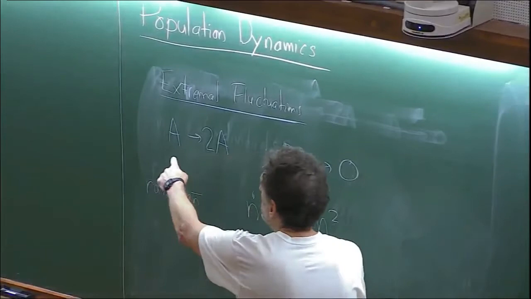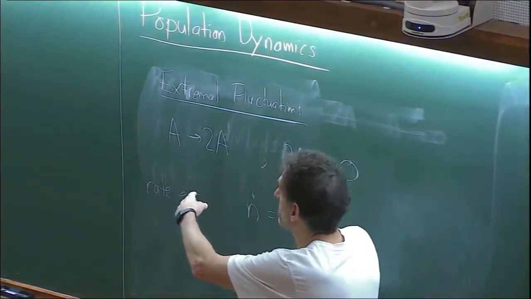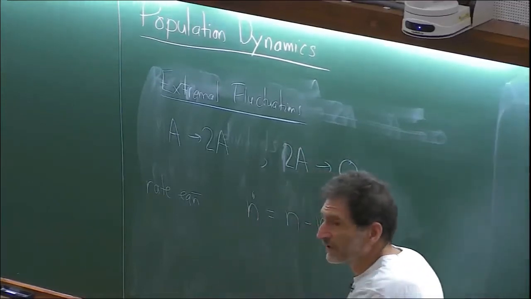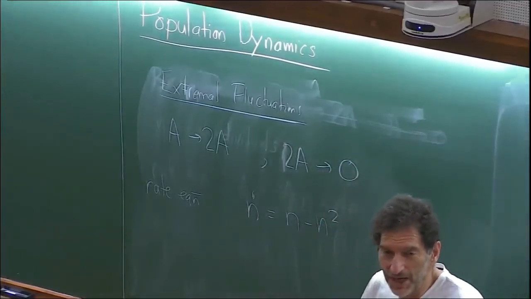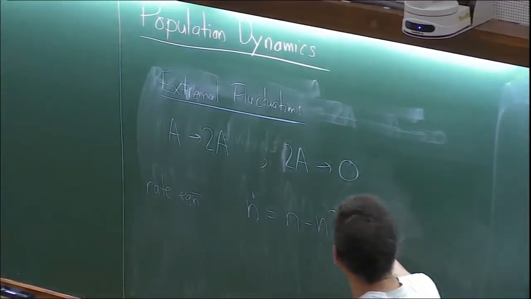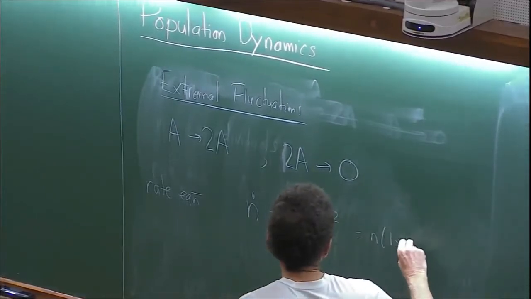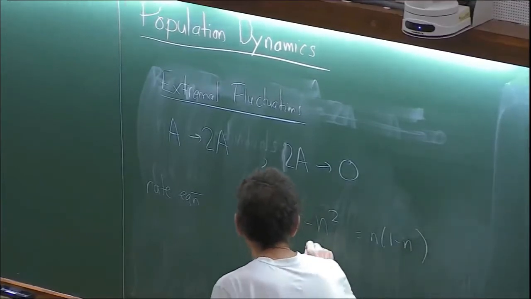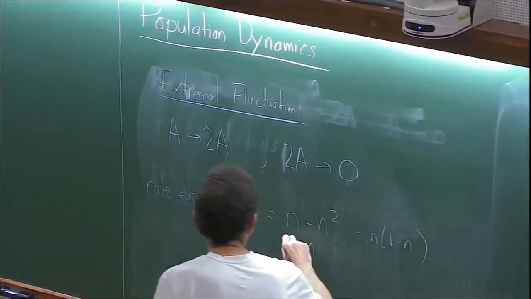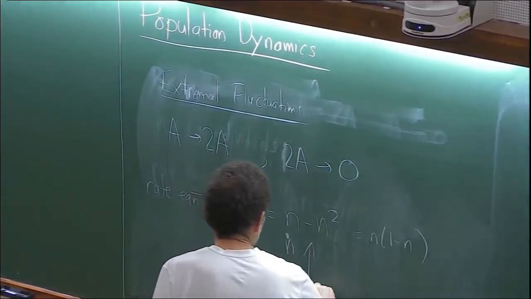This is a linear birth process. The rate at which people are born is proportional to the number of individuals. The rate at which people kill each other off is, you need two to tango, and when two tango, they kill each other off. So it should be proportional to the square of the density. I can write this as n times 1 minus n. So if I plot n dot as a function of n, this is an upside down parabola,